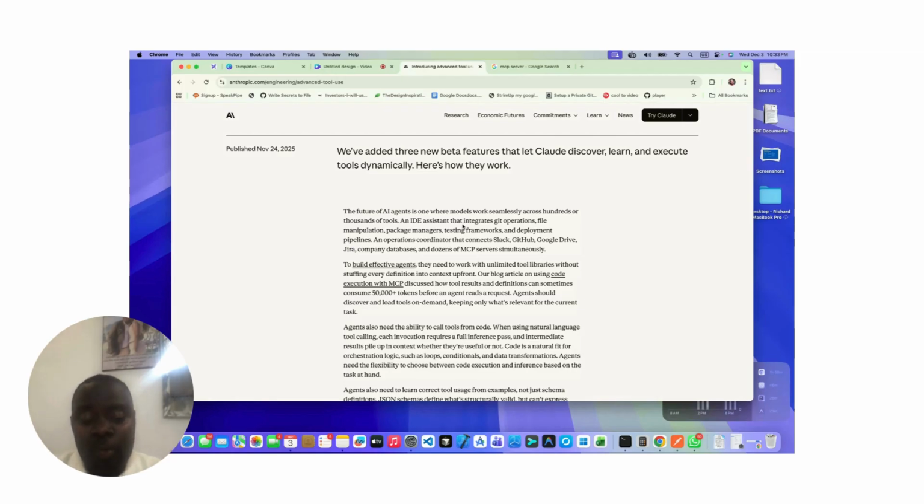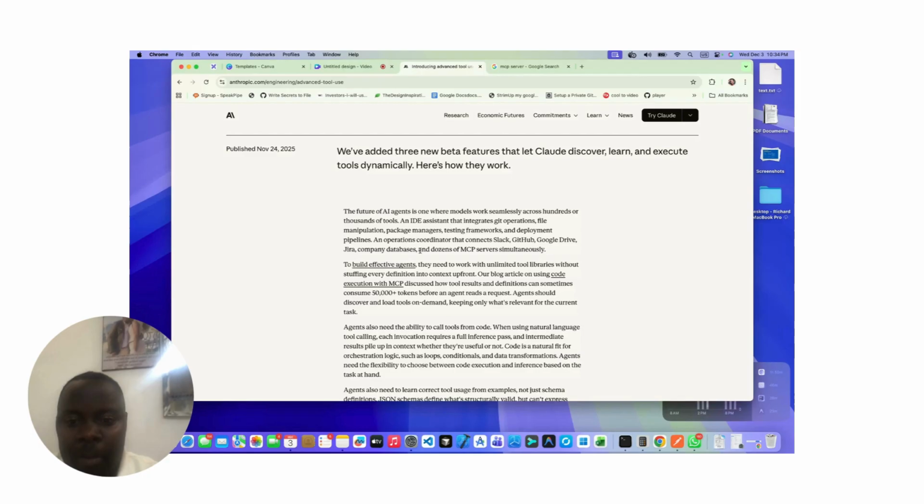Currently, we don't have that, and that's the purpose MCP came to solve: the ability to connect with different tools you are already familiar with, and to connect those tools to AI so that AI can get information from them, so you can interact with the tools you already have, communicate with them and get responses back and forth, and have the AI control those tools while also giving insight and information on top of the tools you already have.